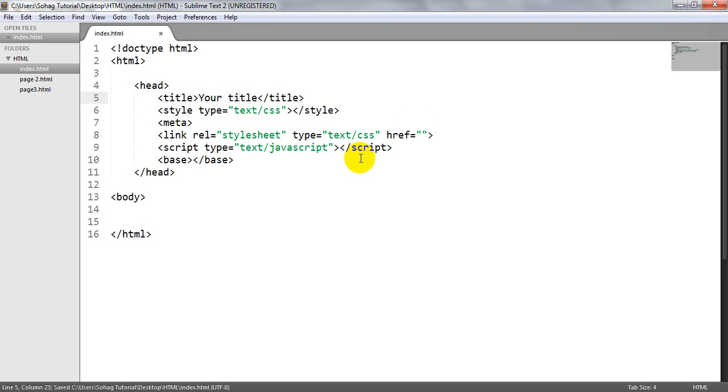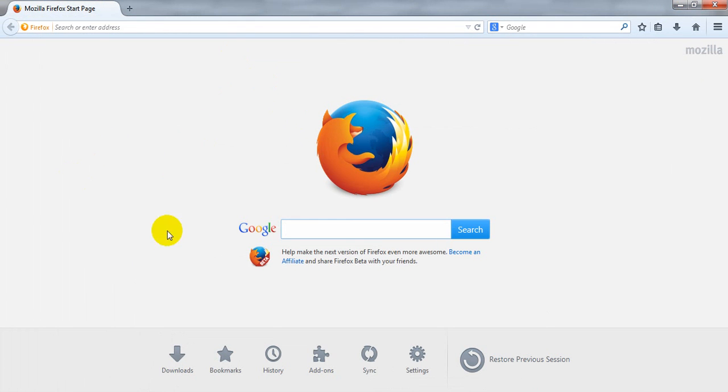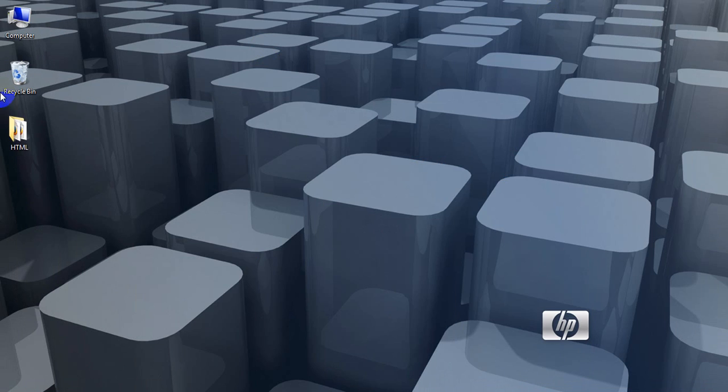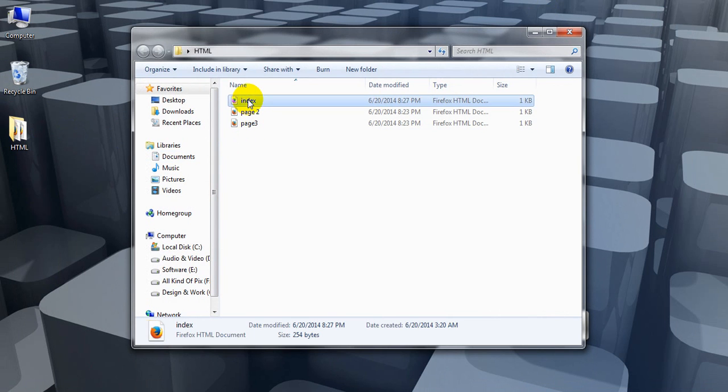your title. Save it and view the output. Your title. This is the browser toolbar.